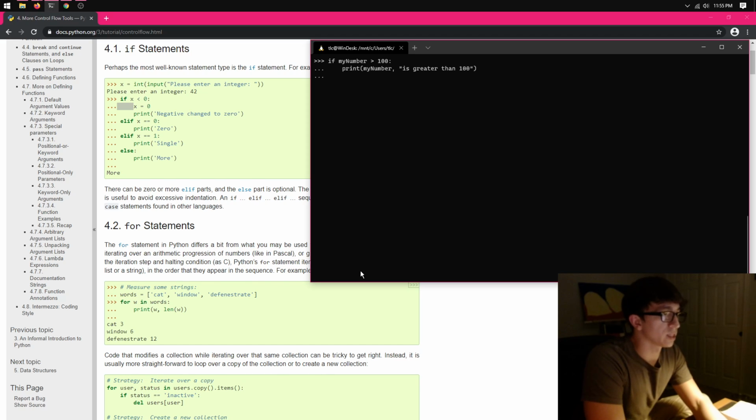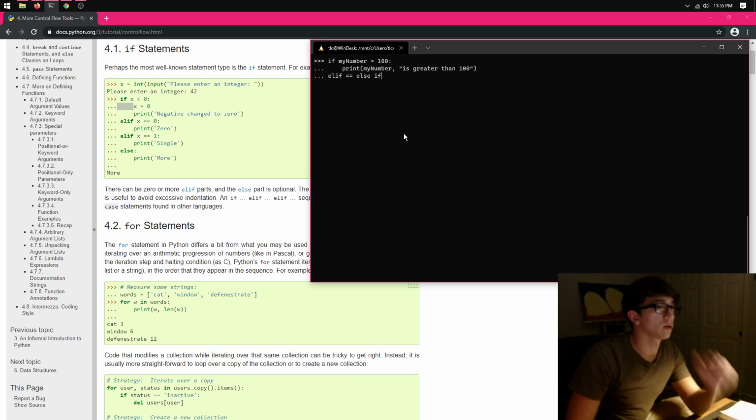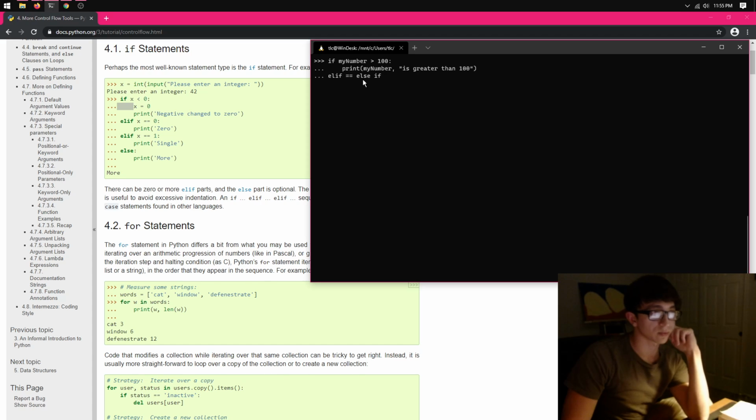Okay, and then we get into this statement. This is a weird word, don't you think? Elif. Elif is a holdover from C. It is equivalent to else if. This is how it's done in C. It says else if. Which, what it really creates is like this